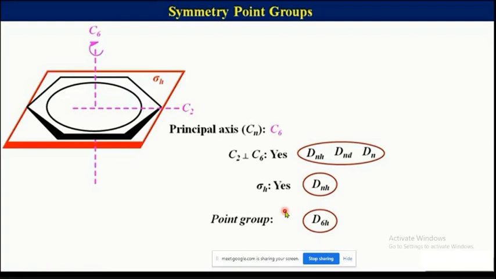Anyway, now see, if you find out the symmetry elements, so many symmetry elements are present in benzene actually. But here, we are only considering 3 symmetry elements. One, C2, and second, the principal axis. Then their orientation, whether it is 90 degrees or not. And then next, whether it is having sigma H, sigma V, or sigma D. And based on these 3 symmetry elements, you are able to find out the point group of any given molecule. Right? This is the beauty of this chart.